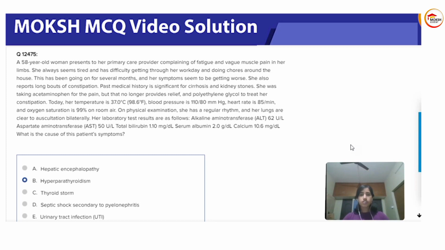So the first thing you need to look at is the laboratory values. I wanted to focus on serum albumin and the calcium. Now, if you just look at the calcium level, it's 10.6, which should appear normal, right? But you need to understand the relationship between albumin and calcium. Whenever the serum albumin level is not within the normal limits, which we can describe as 3.5 to 5.5, anything below or above that is considered abnormal.